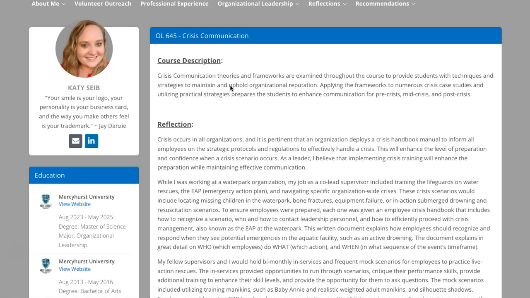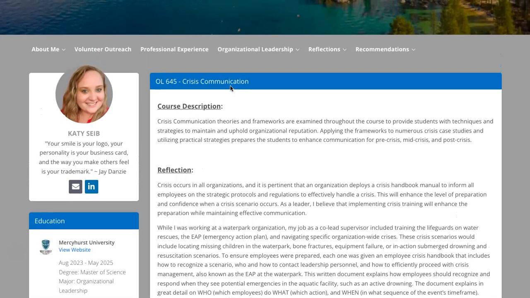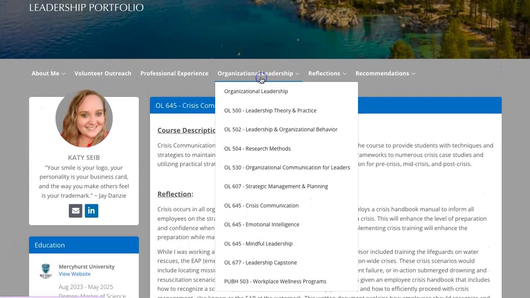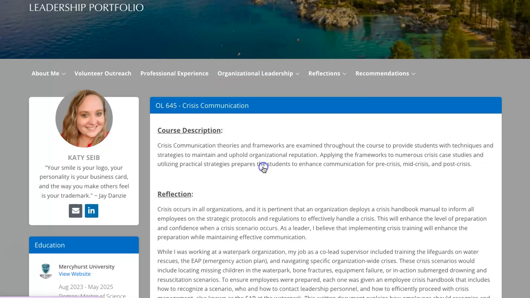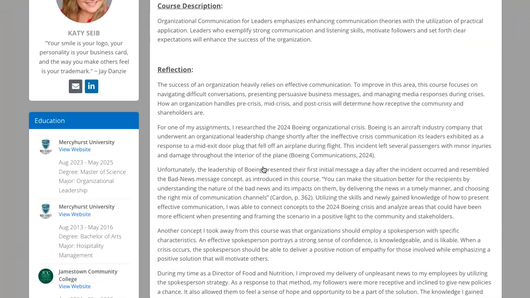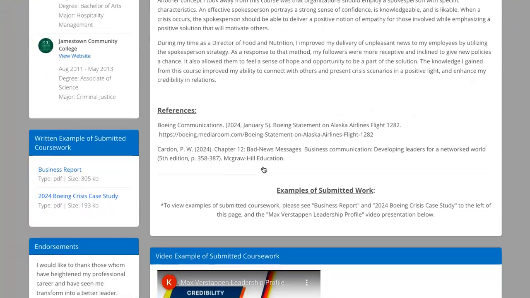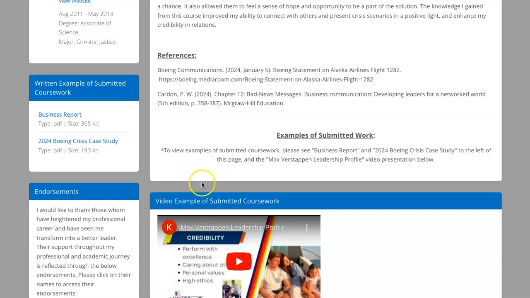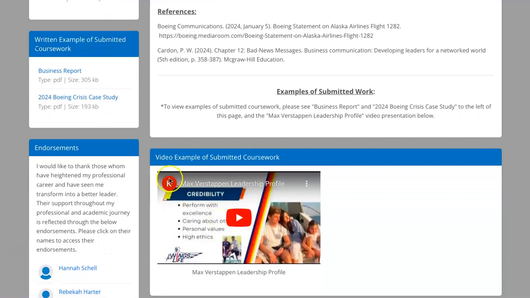Throughout this program, the majority of all assignment requirements included all of these skills. Going through my portfolio under organizational leadership, the OL 530 class, Organizational Communication for Leaders tab highlights 3 of my work submissions that exemplify these requirements. Once again, you can scroll down and see them on the left side and on the bottom. In the OL